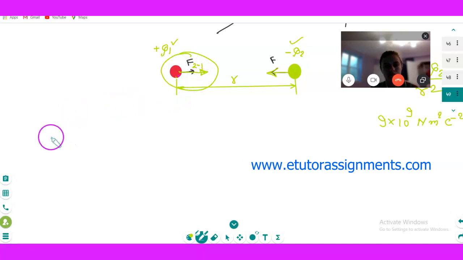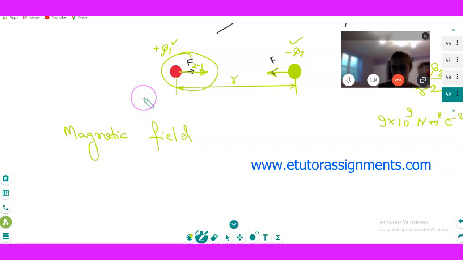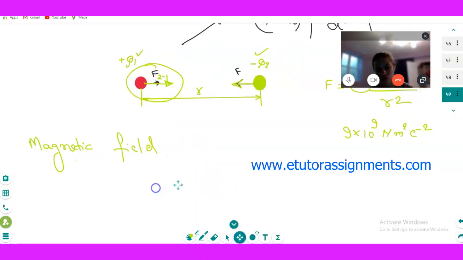Now we have studied the magnetic field. What about charge? In the case of charge, we have the electric field. There are the gravitational field, magnetic field and electric field, all are the same idea. In the gravitational field it is the force acting on unit mass. You have forgotten. Magnetic field, yes, the force is acting.